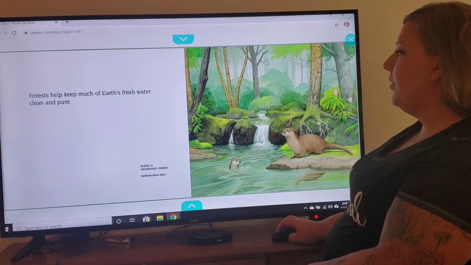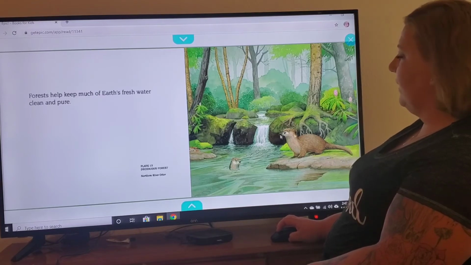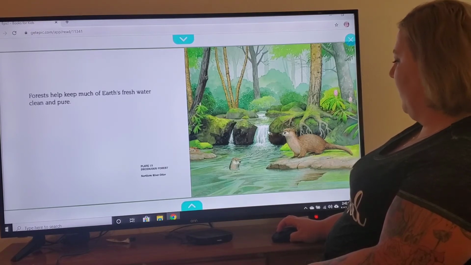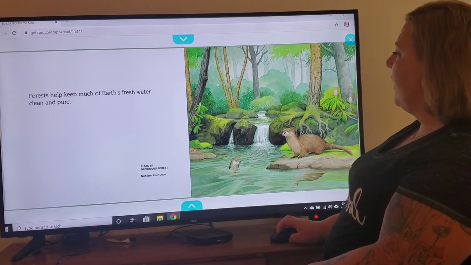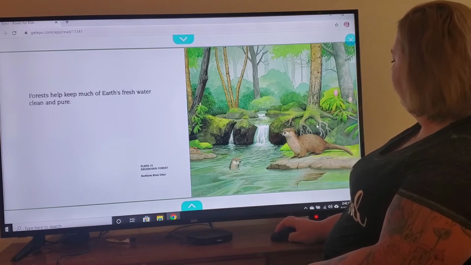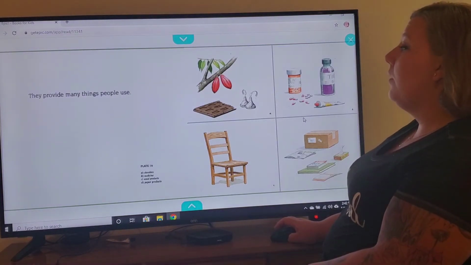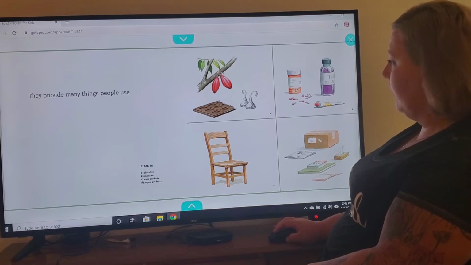Forests help keep much of Earth's fresh water clean and pure. This looks like something that we would see in the forest around here. There's some northern river otters, and these are generally the kind of trees that we would have. They also provide many things people use, like chocolate